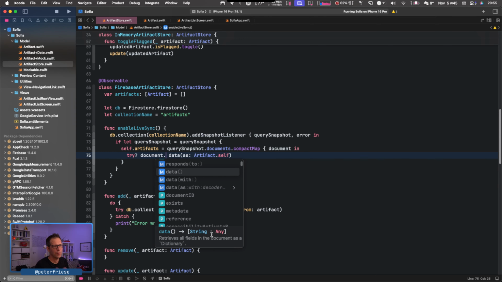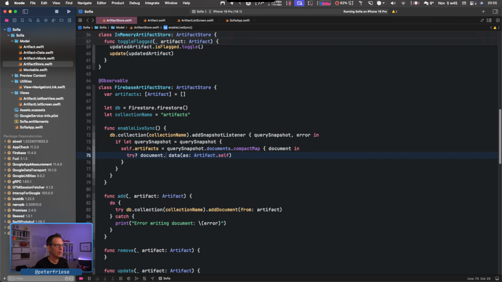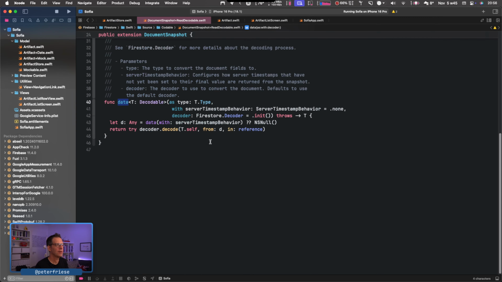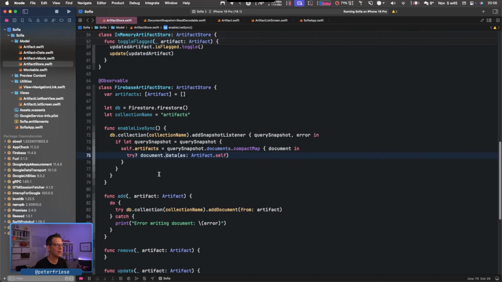But I don't want to manually map the dictionary. I want to use the Codable protocol, and this is why I can use this data as overload here. And as you can see in the implementation, it will use a decoder, the Firestore decoder, to do the mapping for me. Okay, so